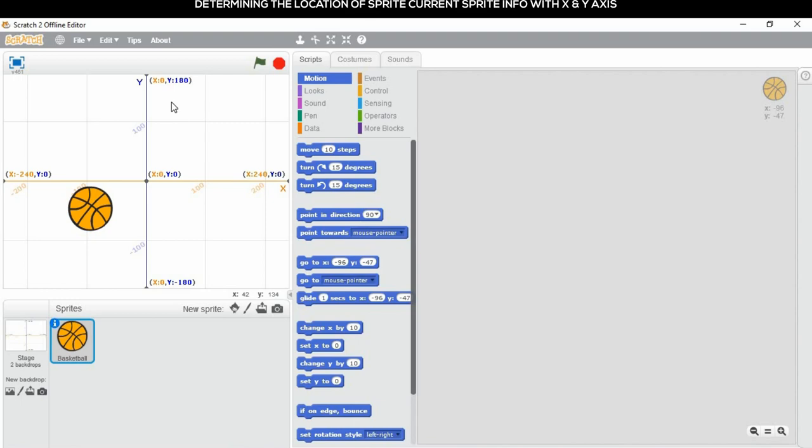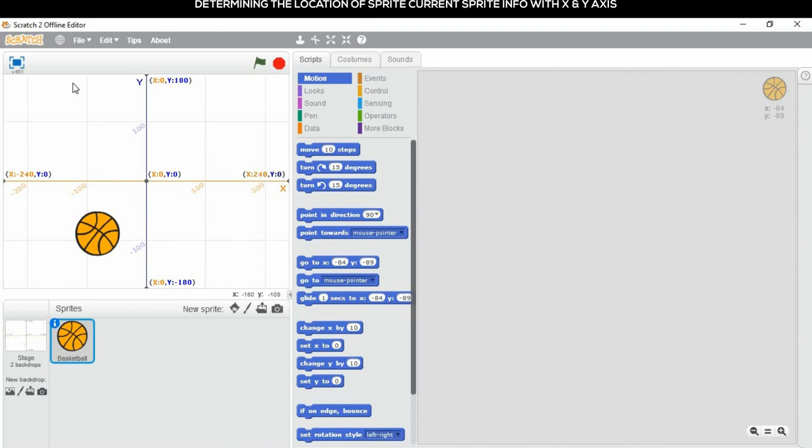This grid clearly shows the values of X and Y. By the usage of the grid, we can easily identify the current position of our sprite. Normally we are unable to see this grid because it is only for understanding the x and y values. So we have added this.